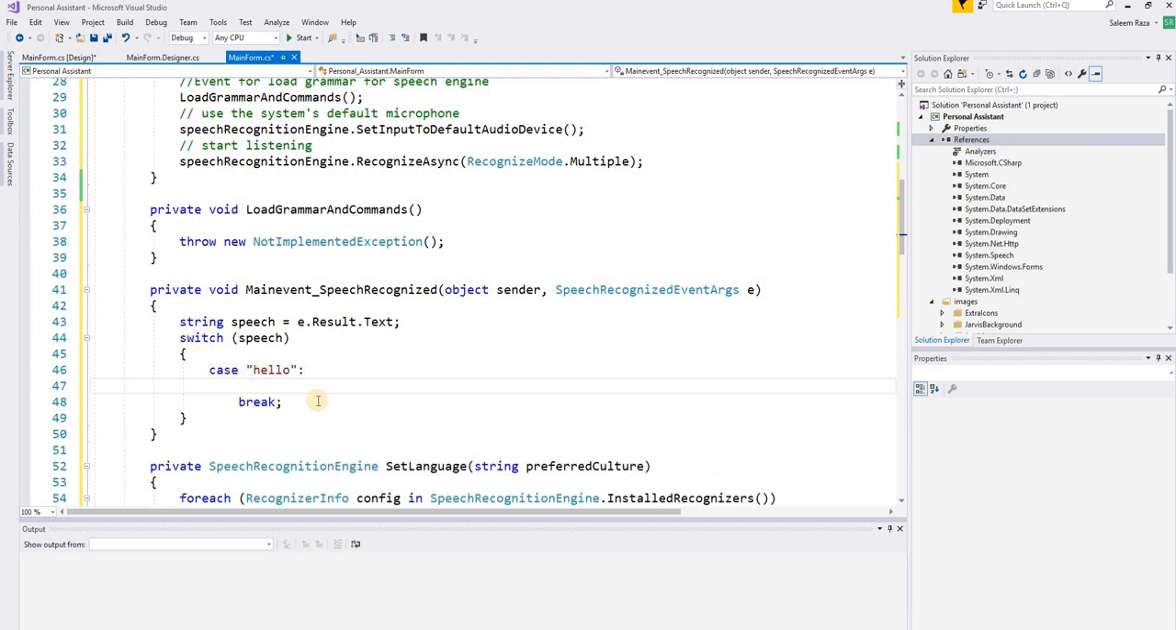Okay, this is our first command, but we are going to compare it with e.result. For example, if I say hello from the microphone, then the output will come to e.result.txt when it's recognized. When the word is recognized, the output will come over here, and then we are going to compare it with our grammar. We are going to create a grammar, hello. If it compares successfully with e.result, then the statement